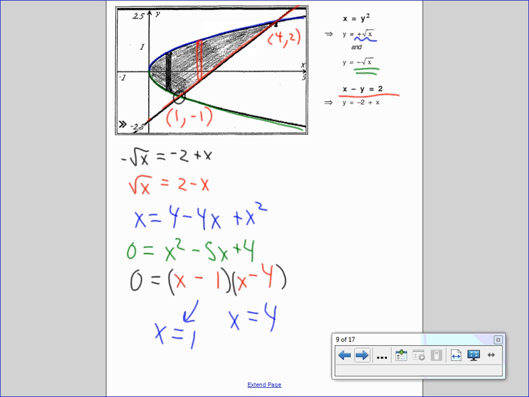Okay. Ladies and gentlemen, let's go ahead and set up our definite integral then. So if we're in the first part, up until this breakpoint, we'll go ahead and do our first definite integral. That will be the integral from 0 up until 1. Top curve is root x minus bottom curve is minus a negative root x, all with respect to x, plus